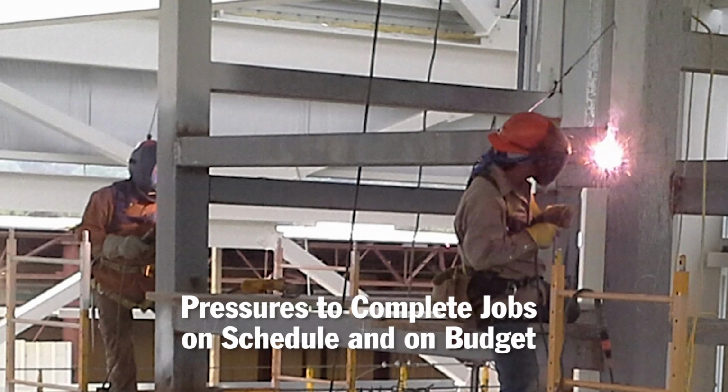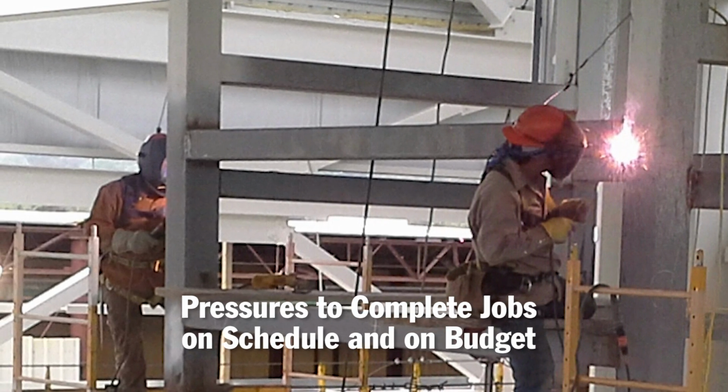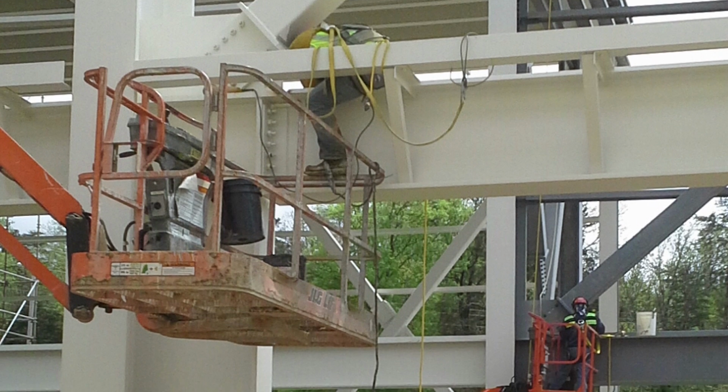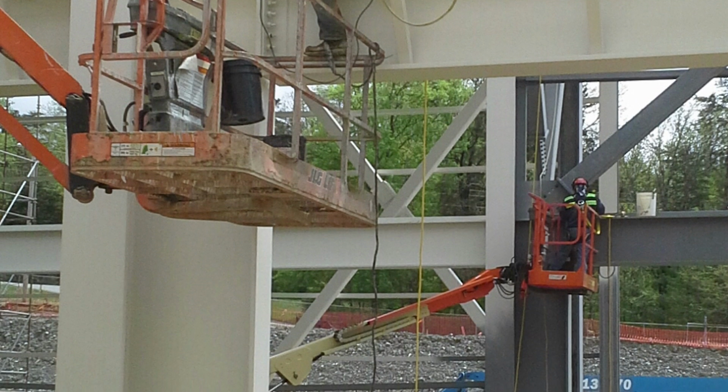Every job we do anymore, they want it done as soon as you get there. When we come on the job site, they usually want us there 5 to 7 days a week till we get the structure up for other trades to work. So we work on a pretty hard timeline. We're always looking out on the field. If we see something out here that we could change in our shop to make it more efficient for us out in the field,